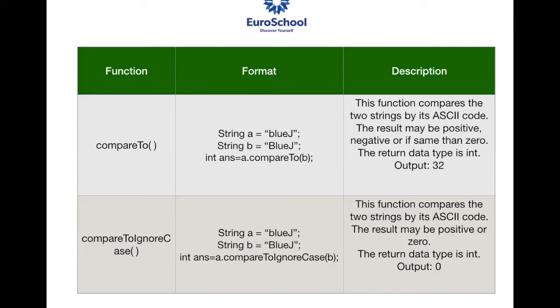Ma'am, suppose there were two letters in different cases, suppose in string b the E was capital as well. Anup, how will it go? It will start checking from the first one. If the first is the same, only then will it shift to the second one. So if the first one is different, it is not going further. It will just stop over there. Okay, thank you.